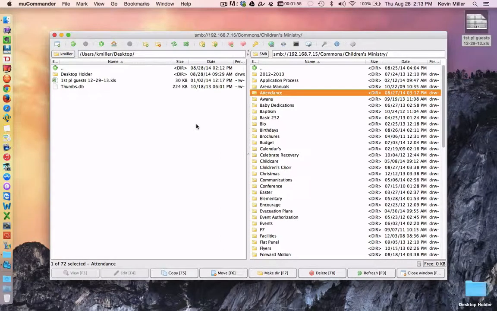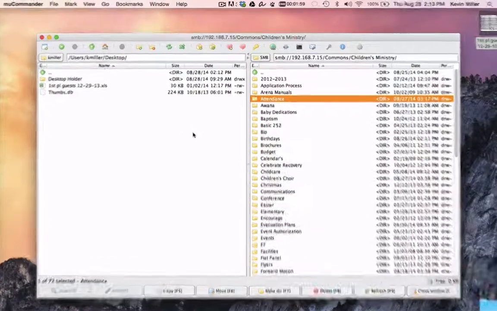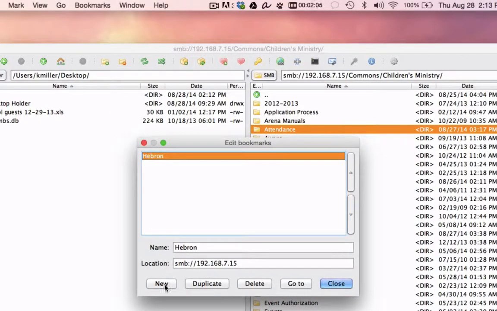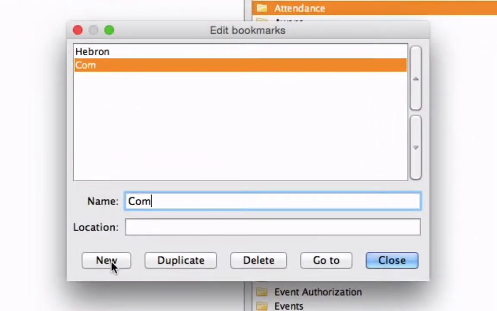The other system that you might want to connect to would be the communications server. So we're going to go back up to Bookmarks, and we're going to hit Edit Bookmarks. And then down here you're going to hit New again and type in communications. And then the location for this one is a little different. It's